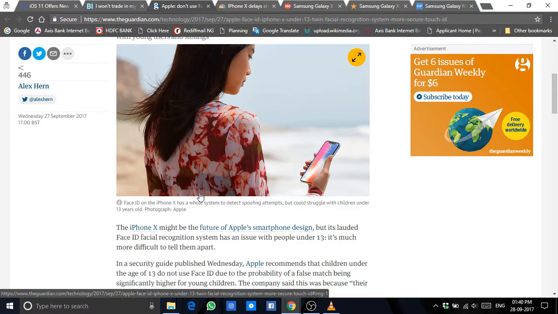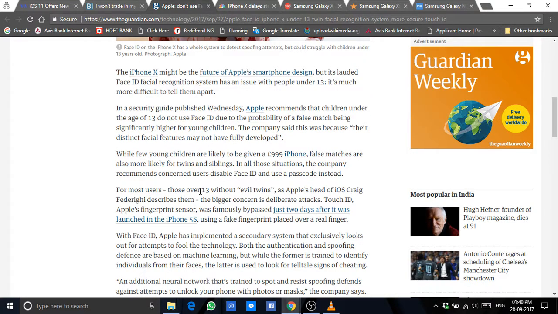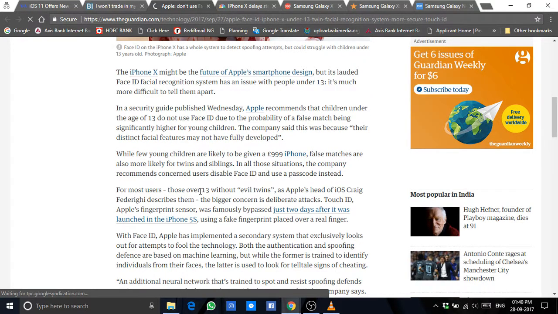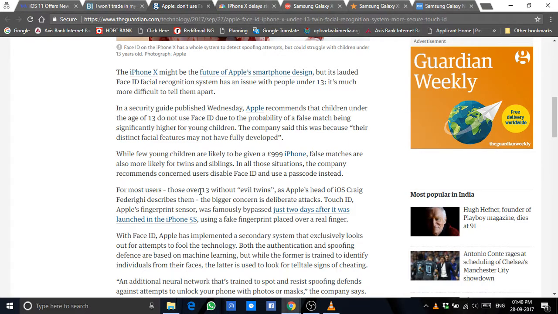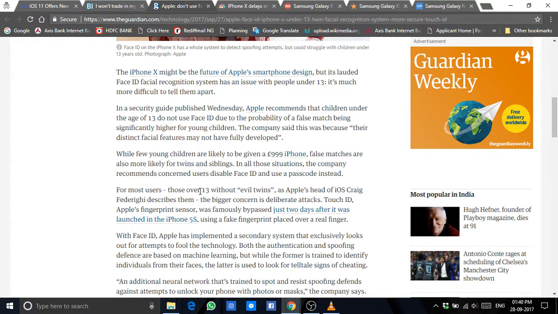So this is what Apple recommends. It just says this is what happens. Obviously, children under 13 are very unlikely to be given, I don't know, a $1,000 phone. But even if they are, there will be some problems. For those children under 13 who are using this iPhone 10, Apple basically recommends disabling Face ID and using a passcode instead. So that's what Apple says here, because for those who are over 13 or without evil twins,